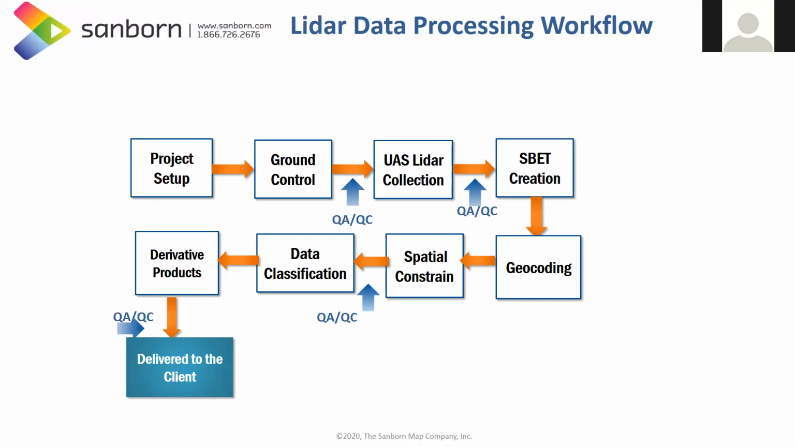You start with the project setup, determine the ground control that is needed for the project, then perform the UAS LiDAR collection, then SBET creation, and then geocoding and spatial constraint, that is where you adjust your point cloud with respect to the control, and then you perform the classification, and then create the derivative products from the LiDAR, and finally you deliver the products